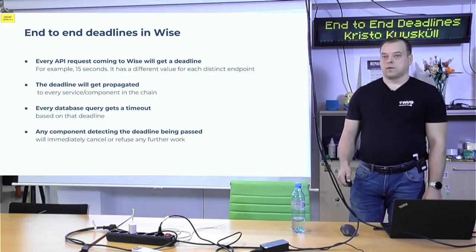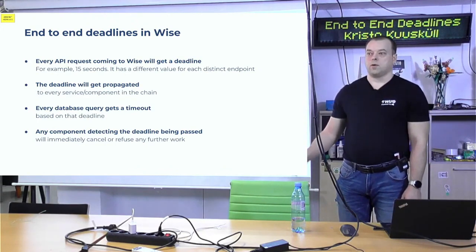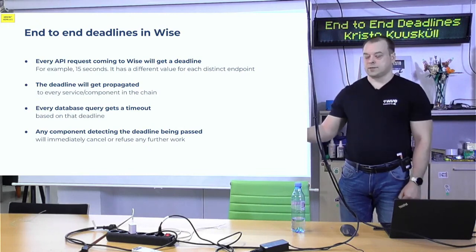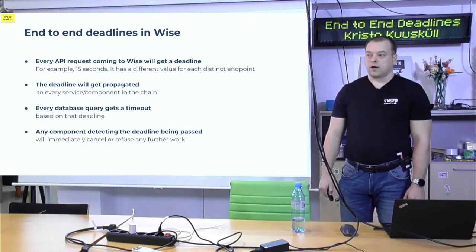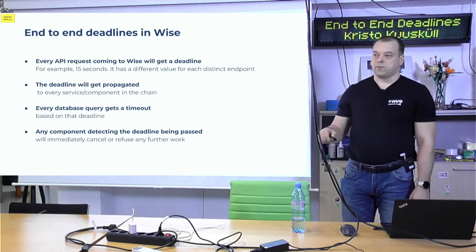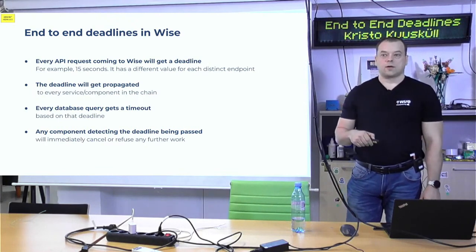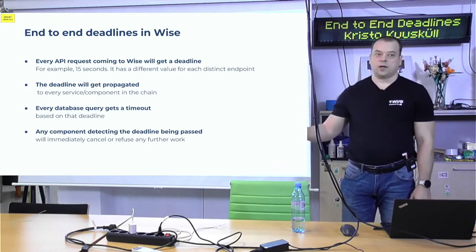Technically, a deadline is a point in time, a timestamp, an epoch time. But when I'm talking about it, I talk about it as an interval. So if I'm saying the deadline is 15 seconds, then it actually means the deadline is now plus 15 seconds. And now what we are doing is propagating this deadline information through the service call chain. So every service in that call chain, including the service which does database queries, knows what the deadline is.